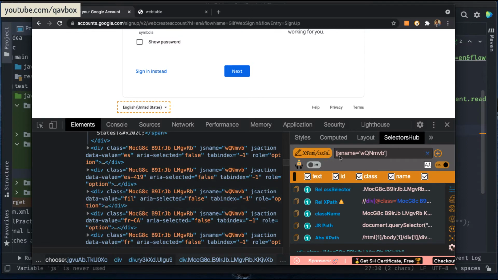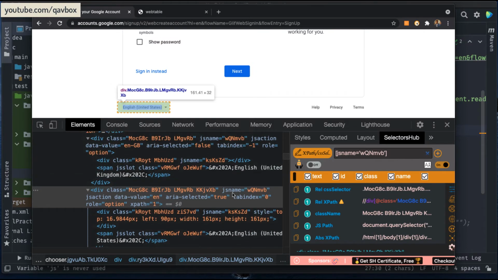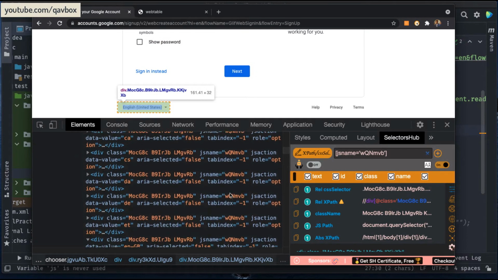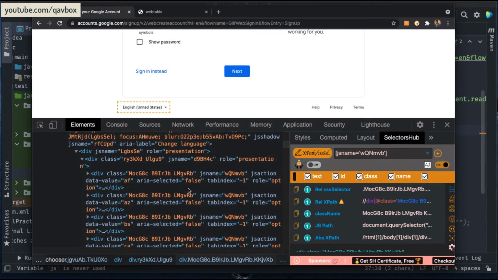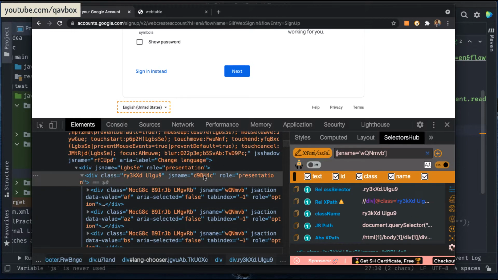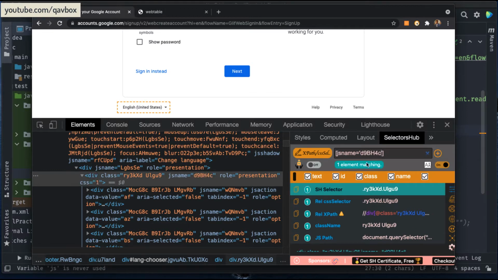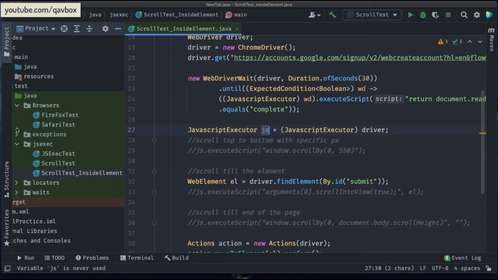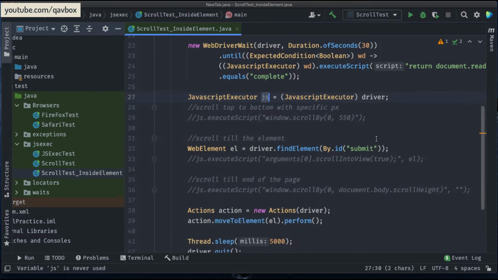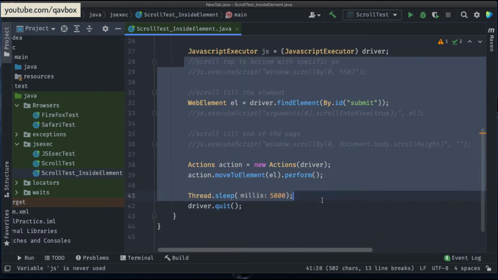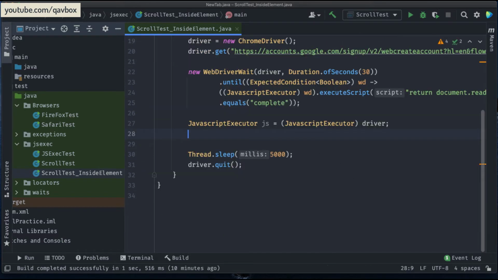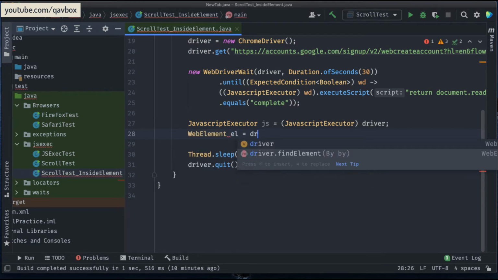These are the individual elements coming up. So let's go with the top one. You can see all are individual elements, but yes, this is the one. If I copy this one, you can see it is only one element and it highlights this one. So I can take this directly and go here. Let's delete all these things I don't need, and here I'll say WebElement el equal to driver